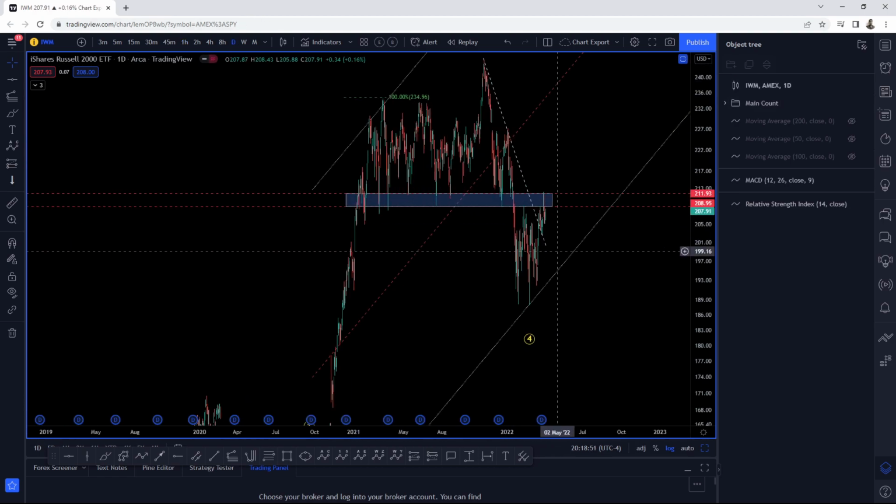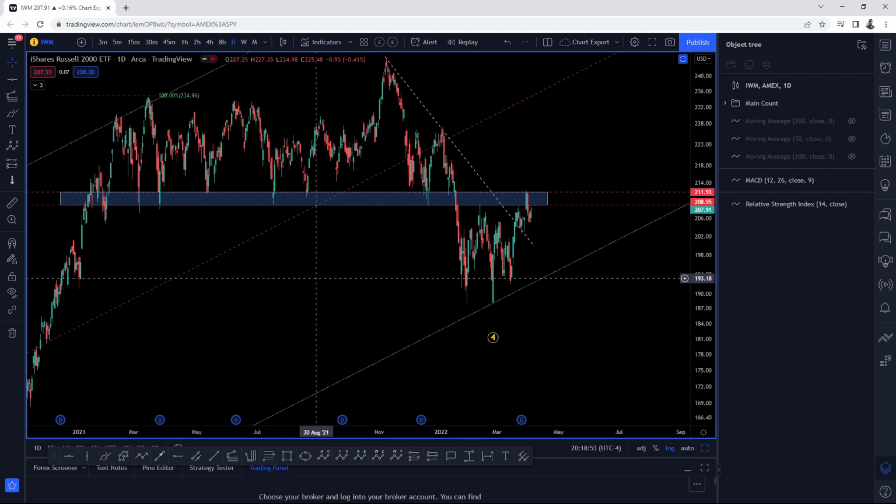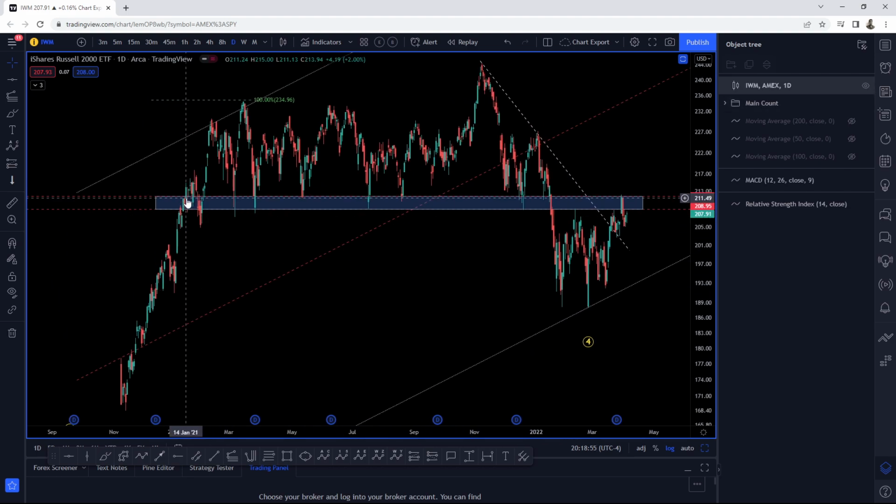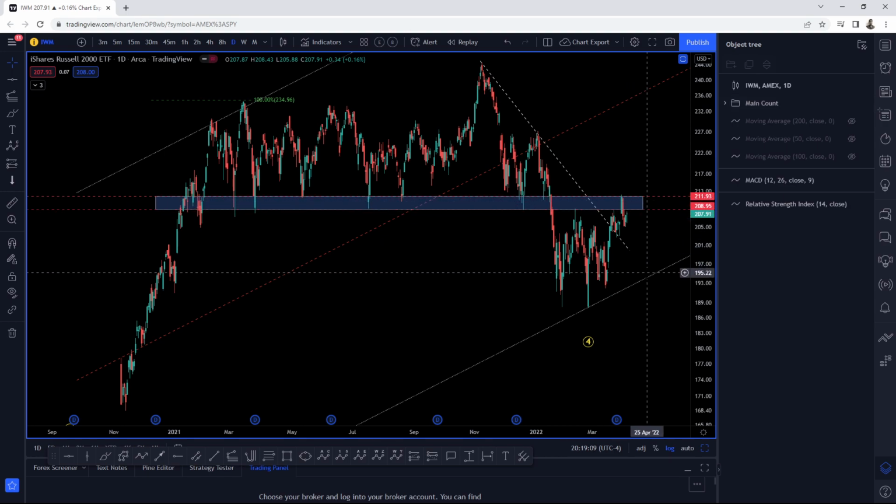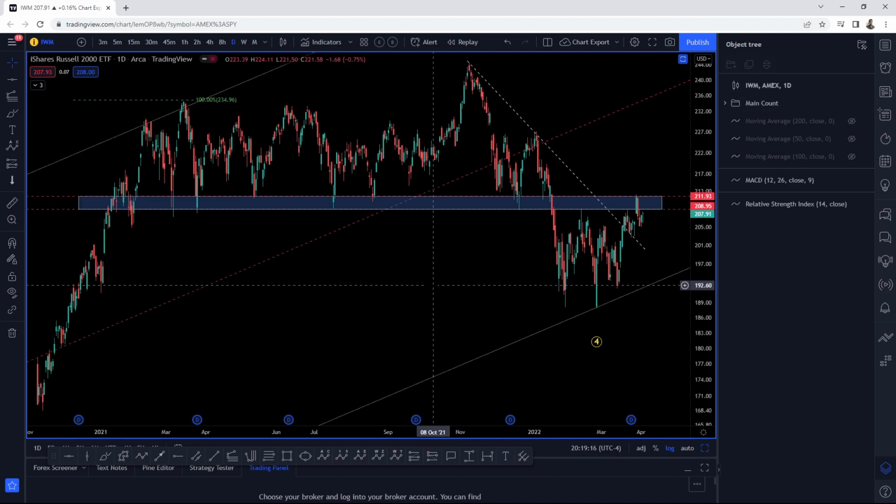Because that is major support, or it was major support from January the 14th of 2021 till we broke below it on January the 19th of 2022. So a whole year cycle of correcting. Now we're breaking lower. Are we going to retest the resistance and then break lower, or are we going to retest it to the upside, find the support, and then go? That is yet to be seen, and we shall find out.